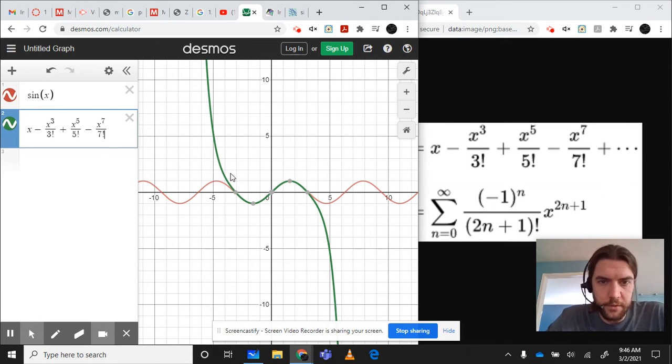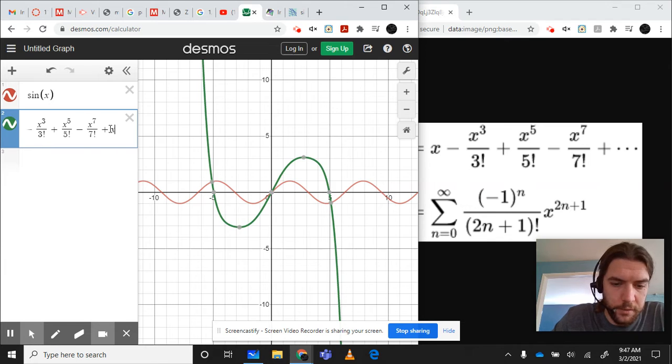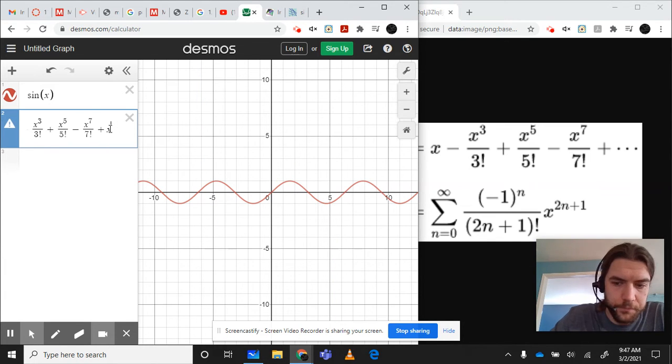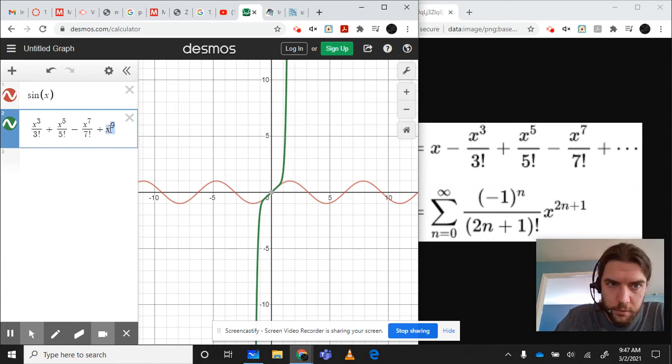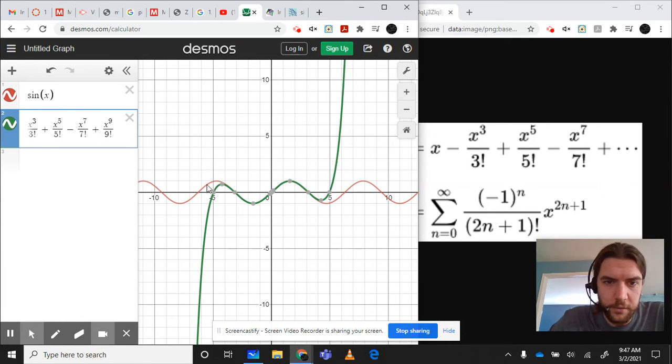As we do this, we take this green line and make it hug this sine function closer and closer. The further out I follow this pattern, so if I added x to the, I think the next one would be x to the ninth over 9 factorial, the longer I do this, the more closely this green line hugs this